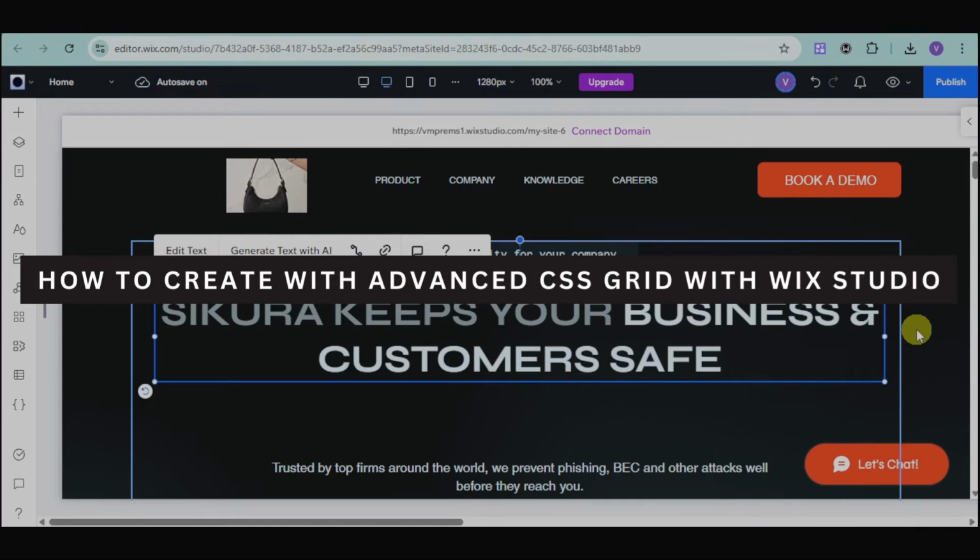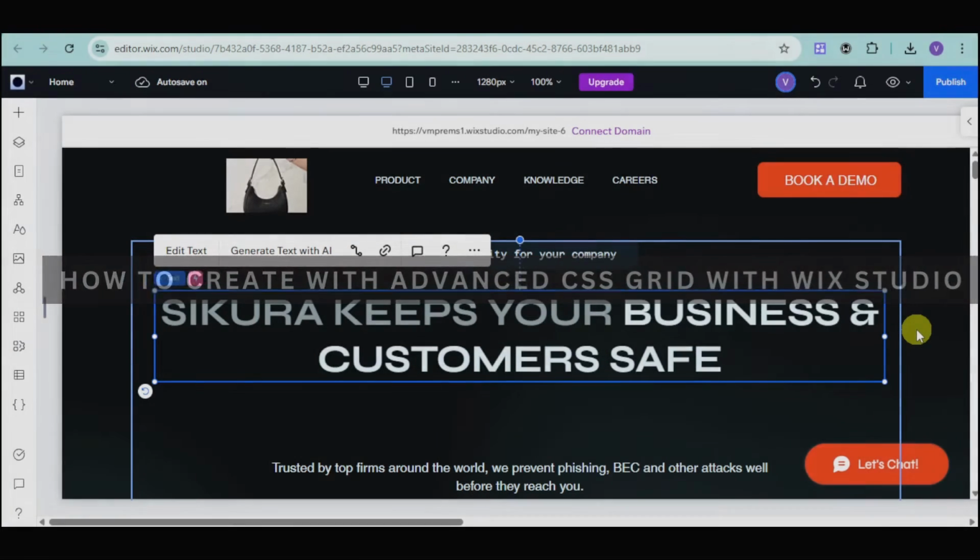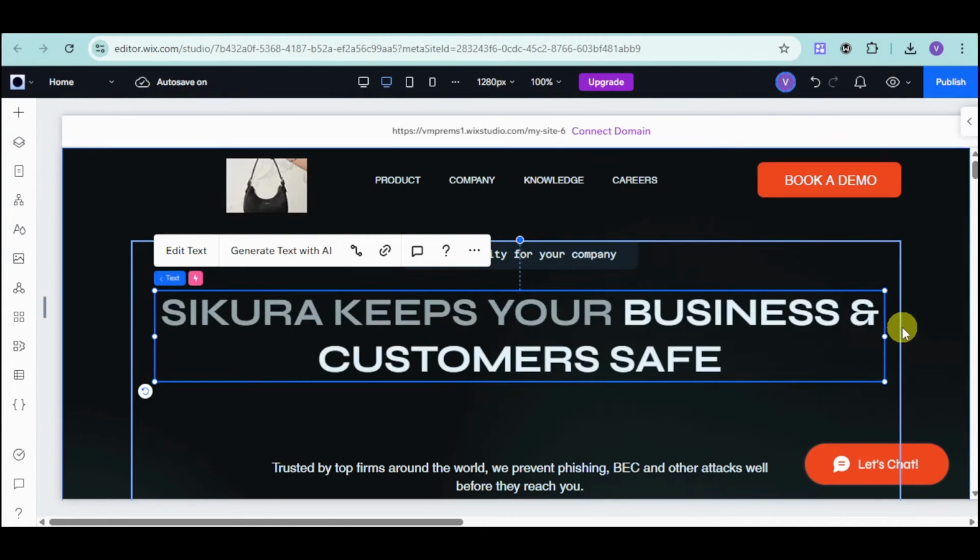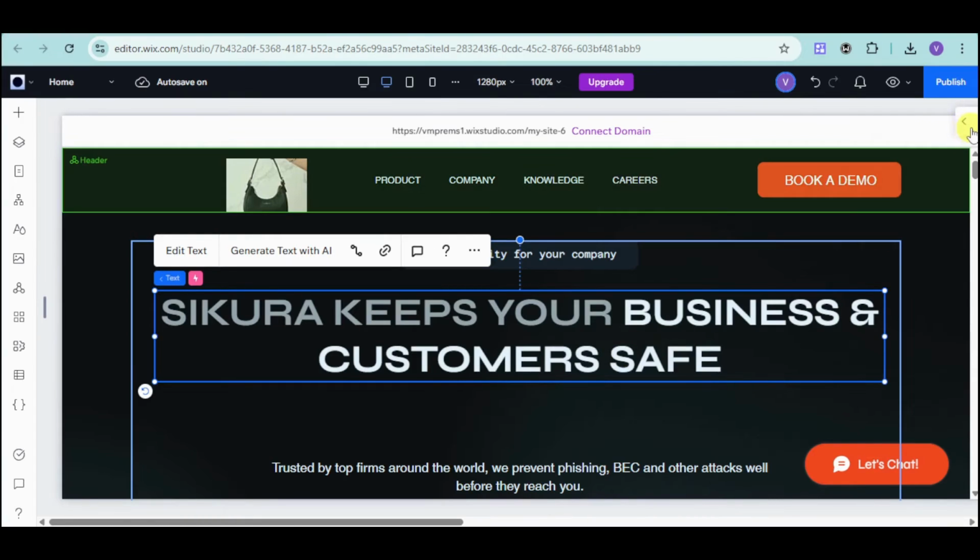How to create with Advanced CSS Grid with Wix Studio. So if you want to do that, what we can do is head over and click on a particular element that we want to create with Advanced CSS Grid. In this case, I'll choose this element on our screen, and then just click on this icon right here